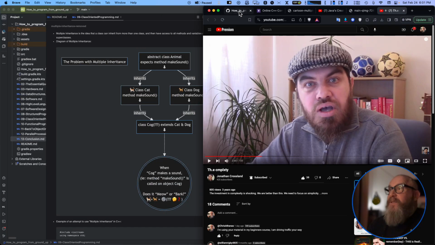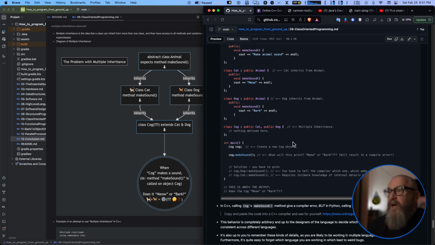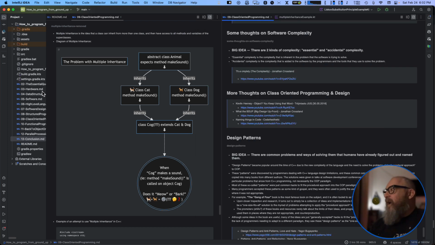We don't want gray boxes and white boxes. We don't want things that expose their internals to everyone else. This is what he's talking about. You've got to know, is it the dog? Is it the cat? You have to know the internals here, not just make a sound. Whatever it is, make a sound. No, now I've got to know. If it's a dog, I do this. If it's a cat, it's completely upside down on the